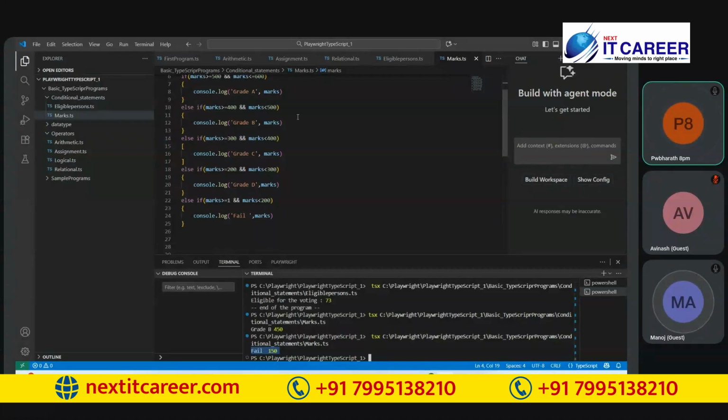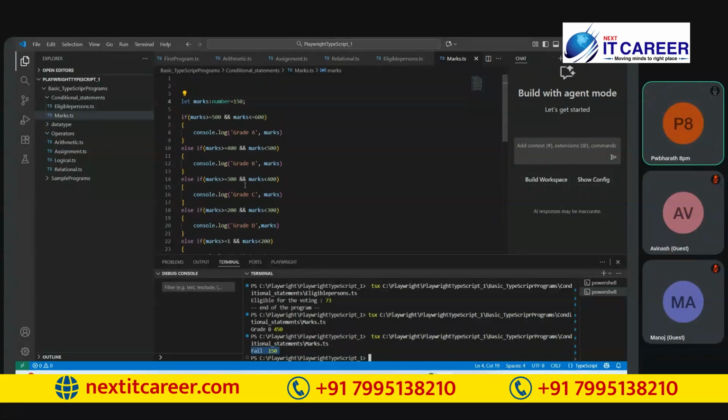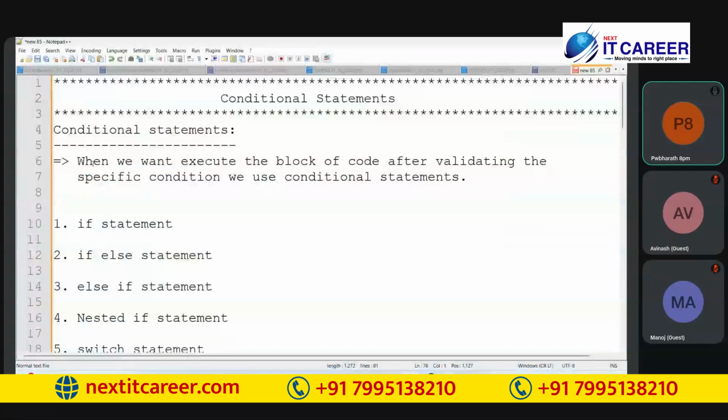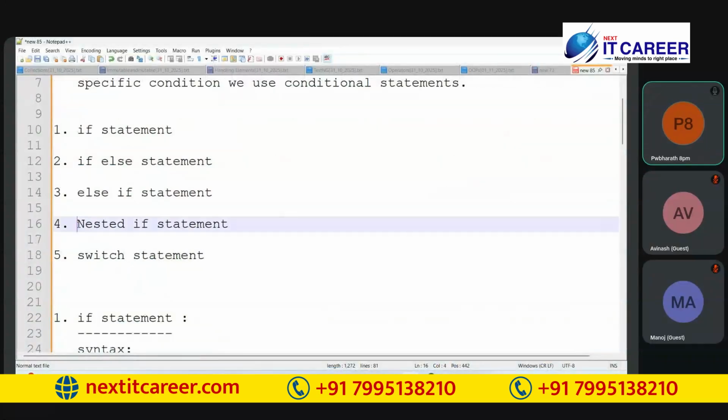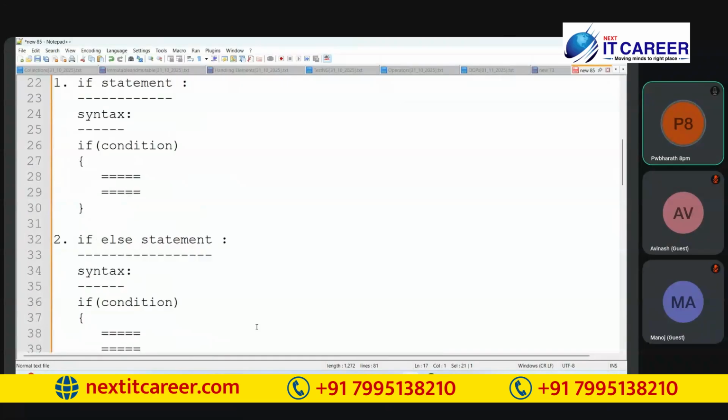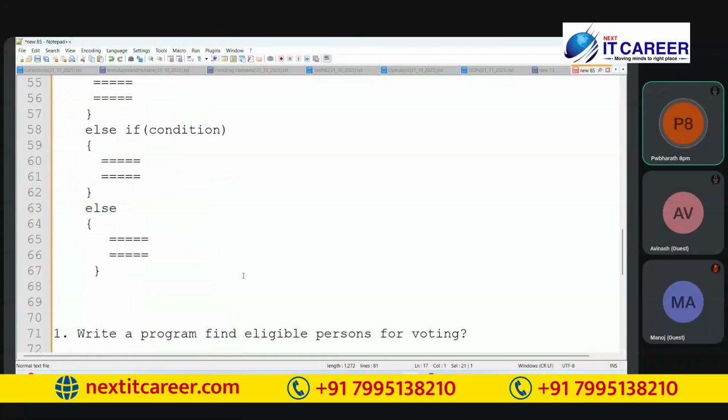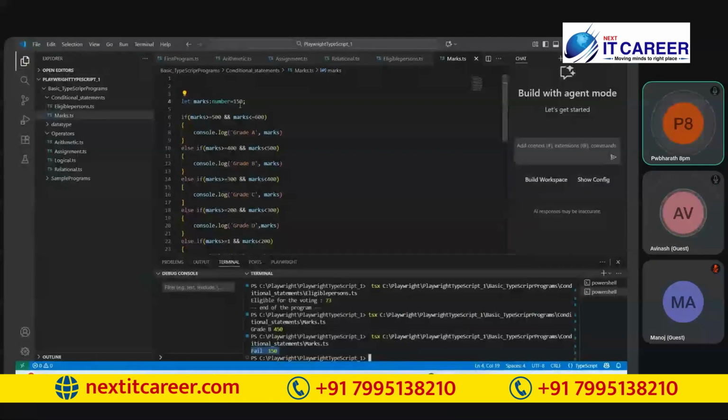So when you are supposed to write multiple conditions like this, it is called a nested if statement. Is it clear? When you are supposed to put more than two conditions, that is called nested if. But if any user enters